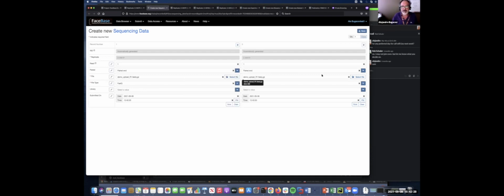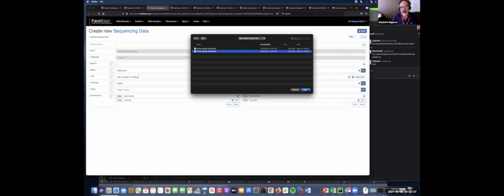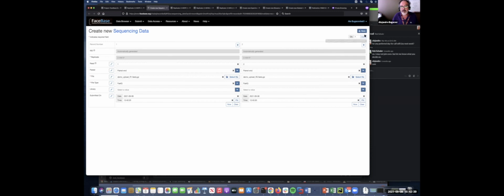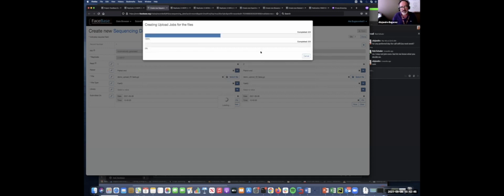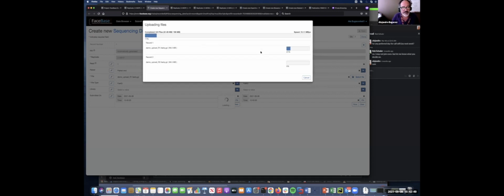For one, two, or three files, let's say the only thing that changes in this case is the read and the file. So I will select the other one here, and I can upload two files at the same time to that replicate. This mechanism can be very useful and very practical when you have to upload up to, let's say, 10 files. You can do it one by one, and you can rapidly upload these files. But when you have more,